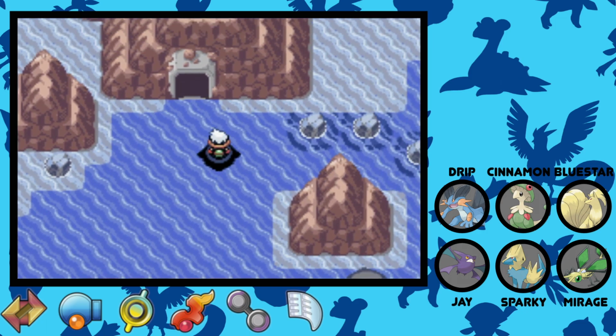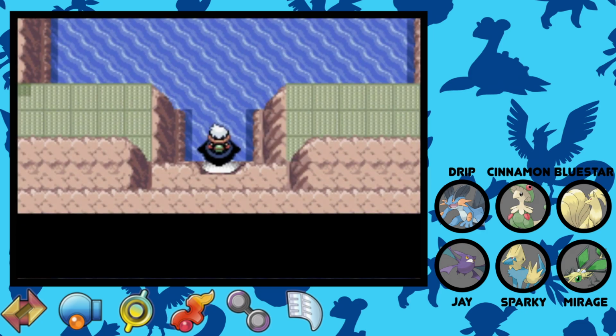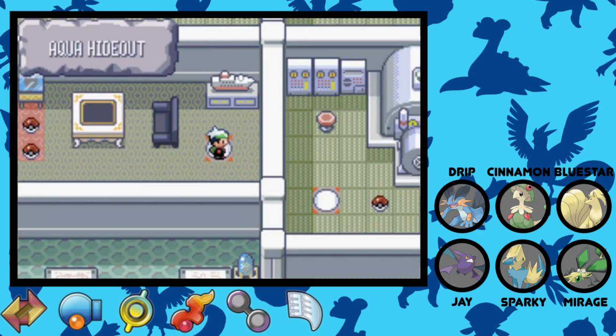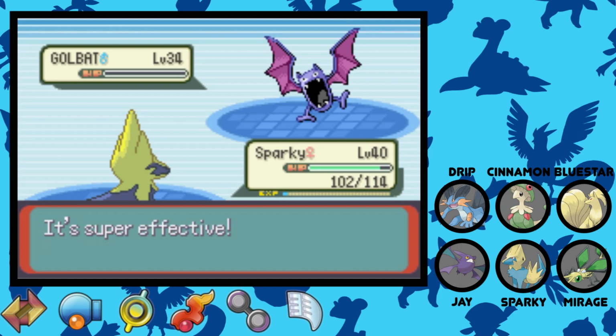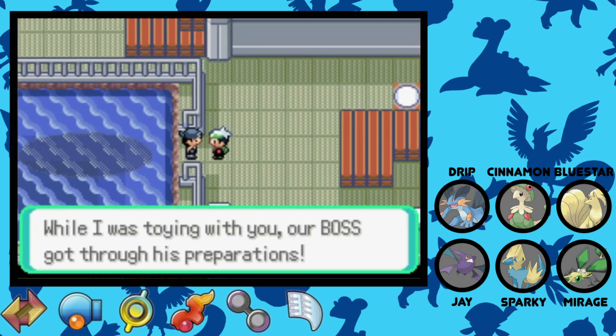Meanwhile, Archie steals Captain Stern's submarine, so I follow him to Team Aqua's hideout in Lilycove. I snoop around Archie's quarters and grab the Master Ball, which actually might come in clutch since we don't have Pokeballs, we never use it. I get to the submarine and beat Matt, but Archie gets away, so I make my way to Mossdeep